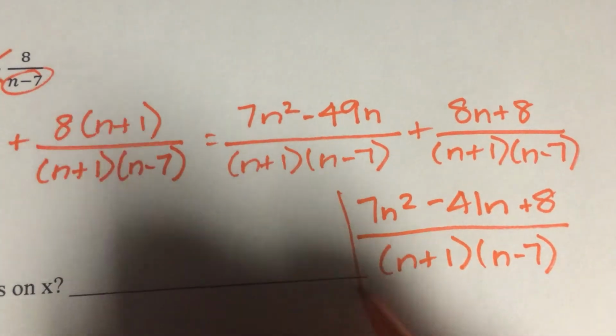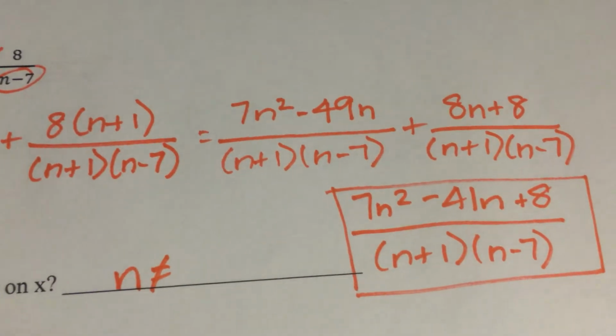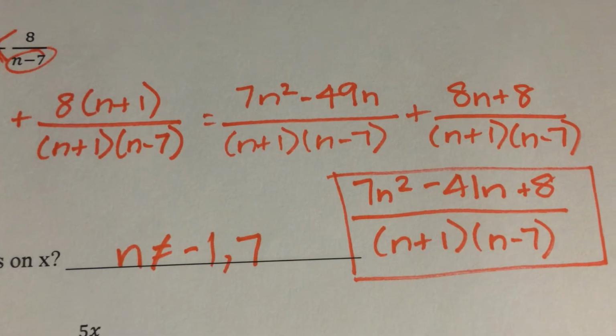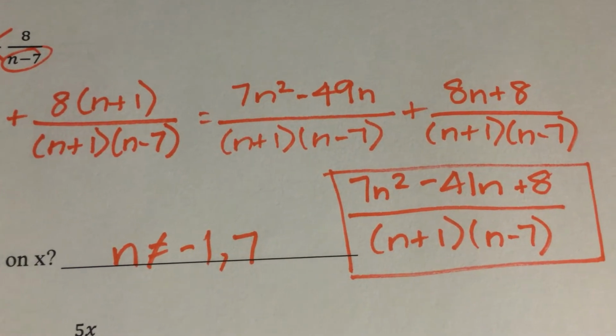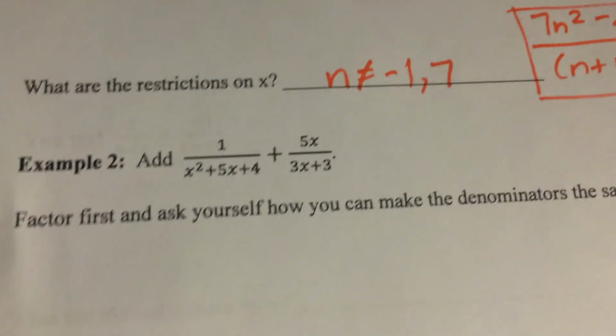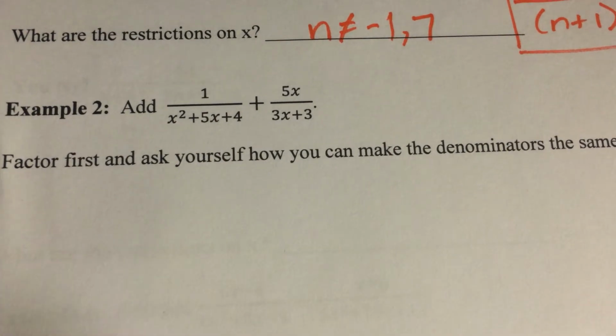Okay, so that's going to be your final answer right there. And then, of course, your restrictions would be n cannot equal negative 1 or 7, because that would make the denominator 0. Okay? All right. So in example 2, we add in a little bit of difficulty with the fact that you're